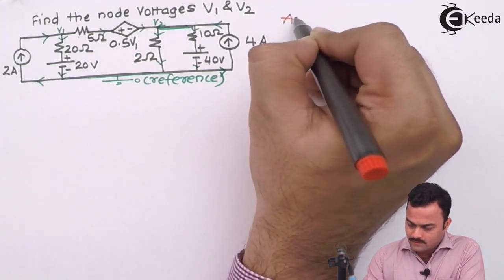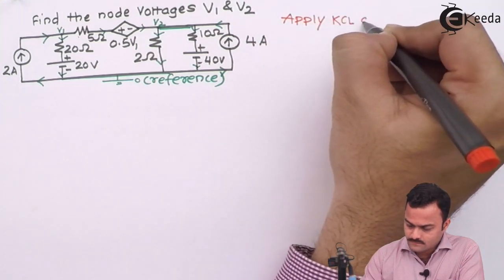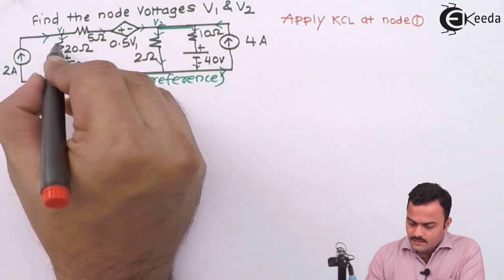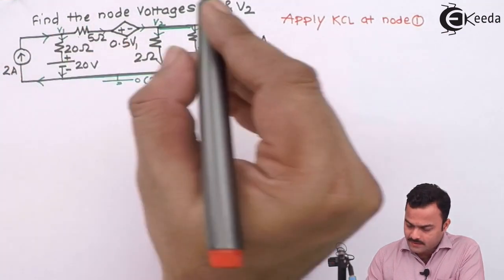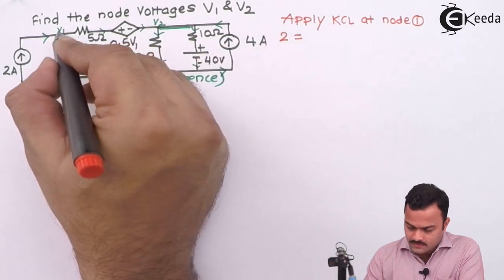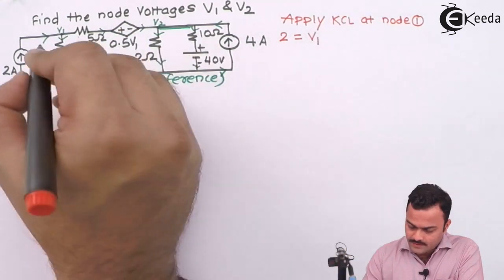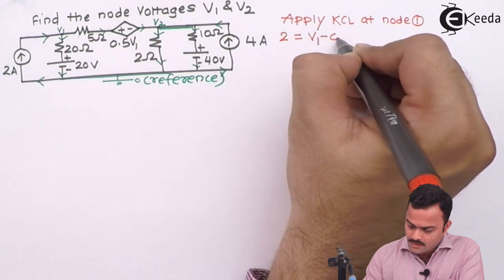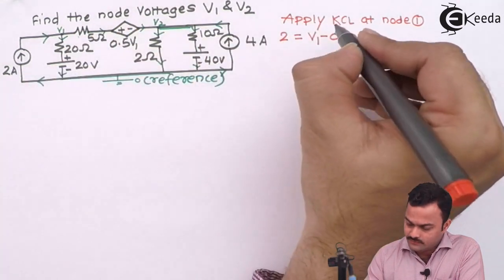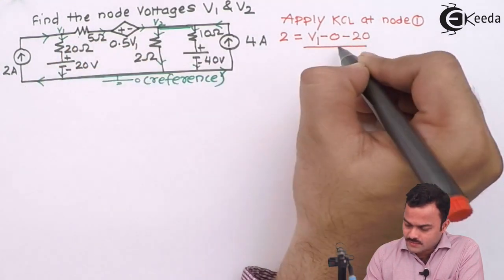Let's apply KCL at node 1. Three branches are meeting. Out of that, one is the incoming current with a constant current source of 2 ampere, so 2 on the left hand side of the equation. For this branch current, it is starting with V1 and ending on a reference, and in the current direction the voltage is changing its polarity from plus to minus, which is a voltage drop, so minus 20, and the resistance in the branch is 20 ohm,